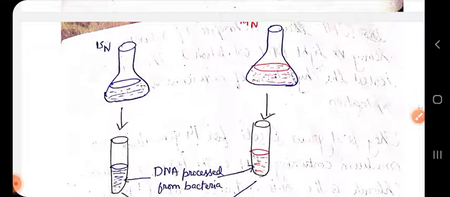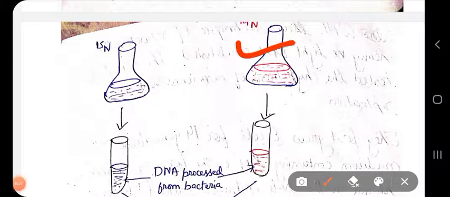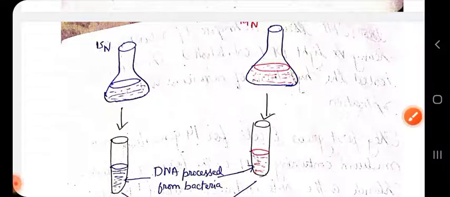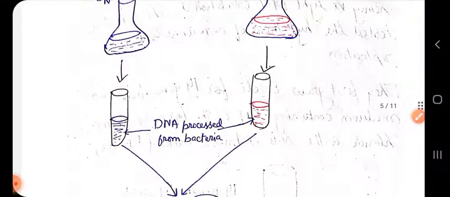What we have done is grow the E. coli bacteria separately on N15 medium and on N14 medium. The N14 has not been shown; this one is your N14 medium, the light nitrogen source. Then we isolate the samples and try to isolate the DNA from that culture. That is a different topic, where we use chloroform, phenol, isopropyl alcohol and isoamyl alcohol in order to isolate the DNA from the bacterial samples from the separate cultures.